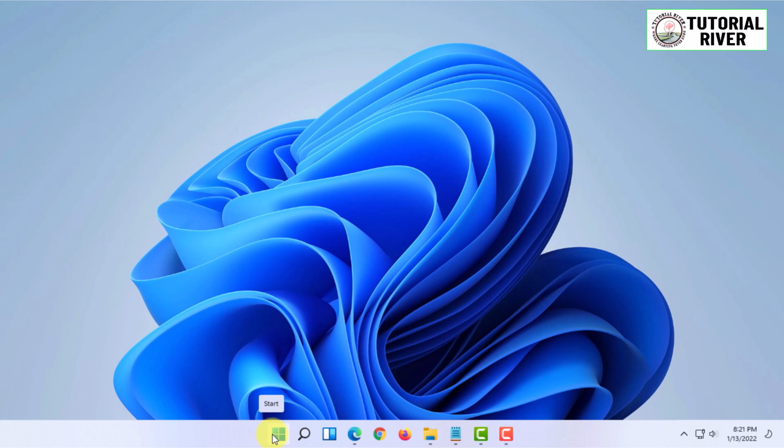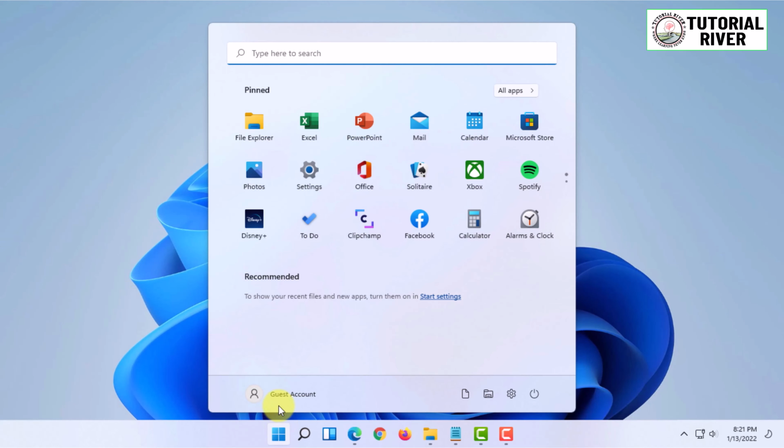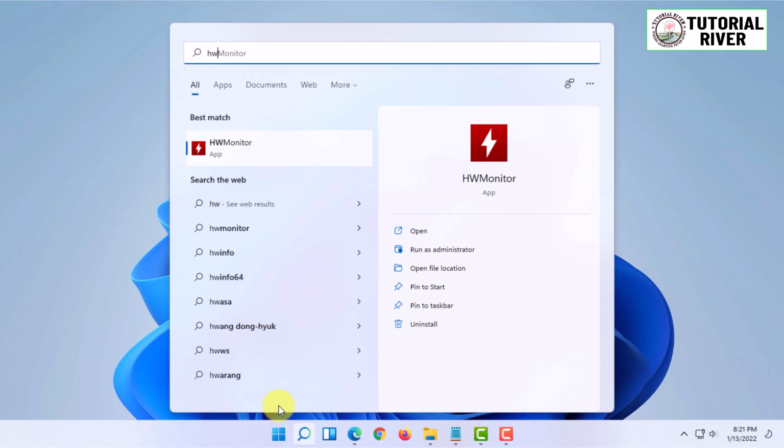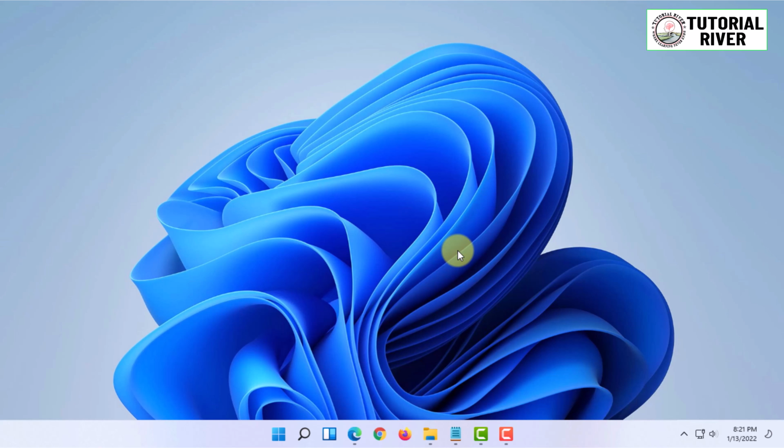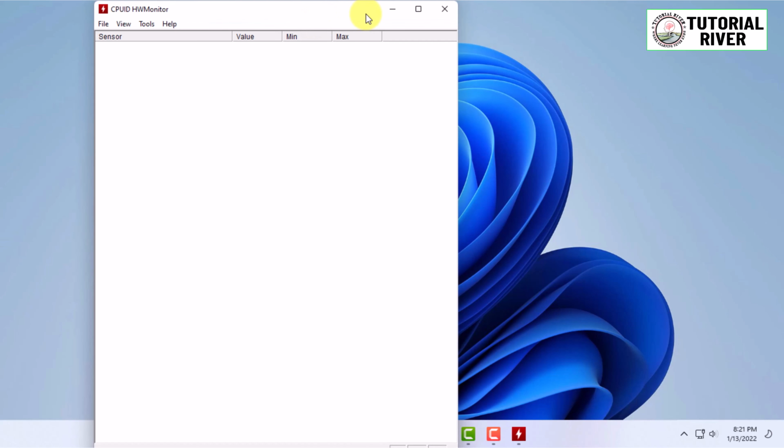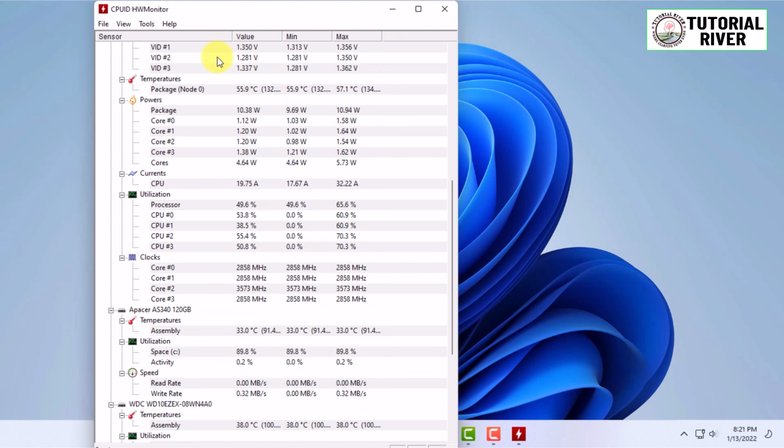Once the installation has been done, you will get your HW monitor in desktop, or you can simply search for HW monitor in here. Then you have to open it. So you have to be in your administrator account. If you are not, then you have to click on run as administrator. So once you have opened it, you will see